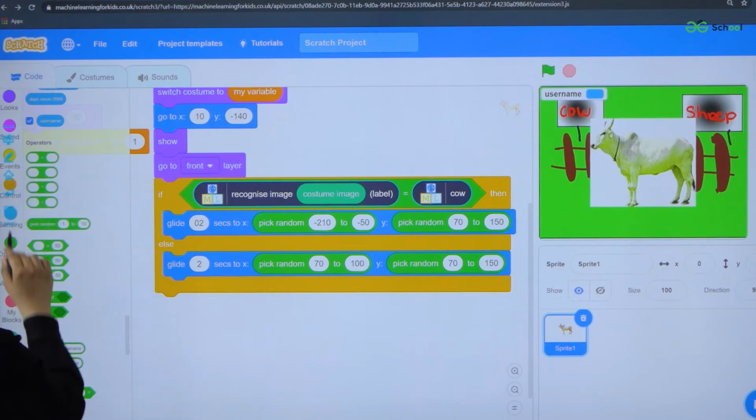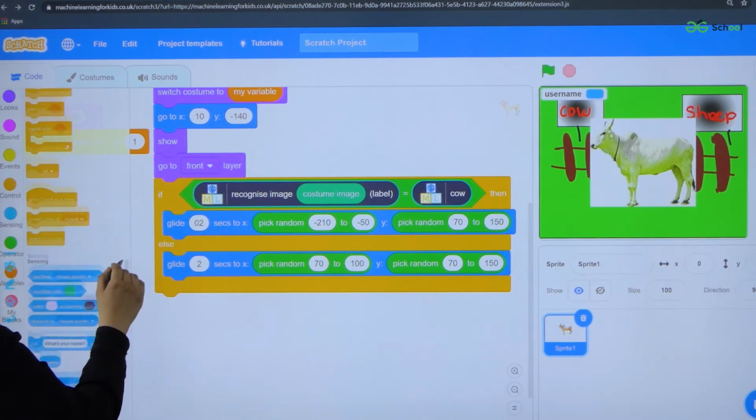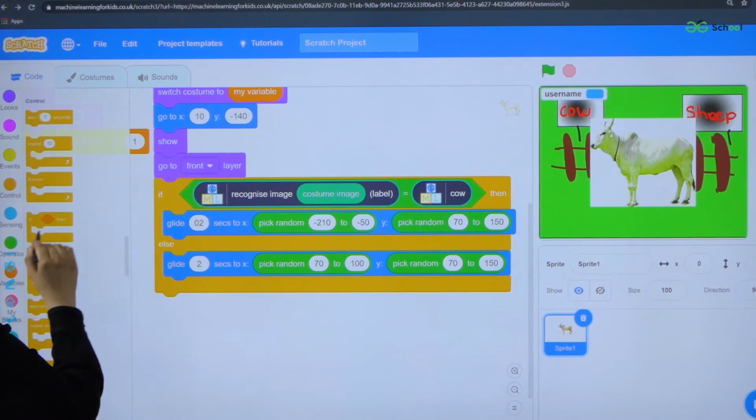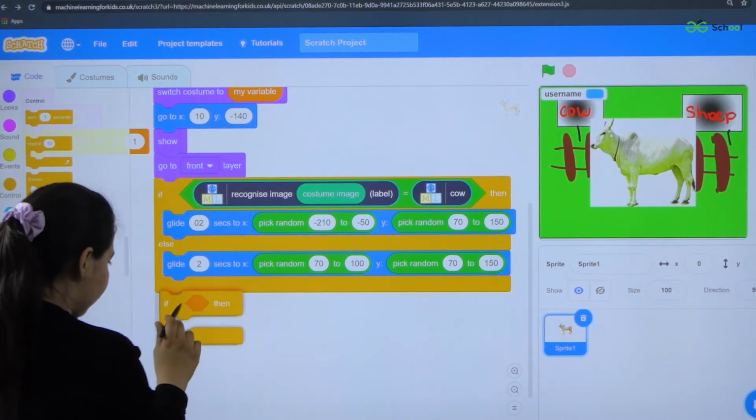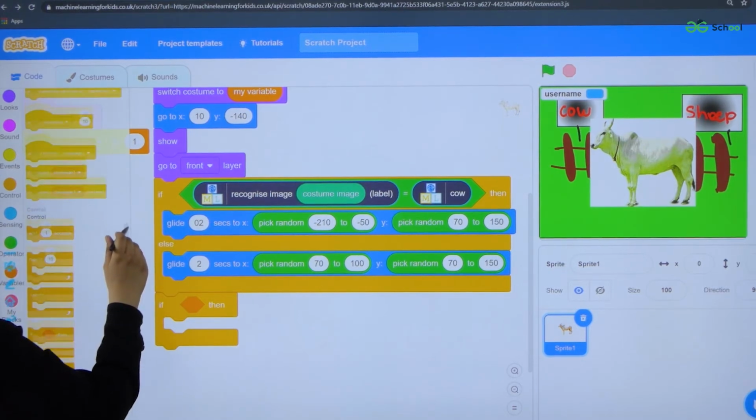Now I'll again select the control panel from the toolbox, and from here I'll select an if-then block. First let's put the condition.